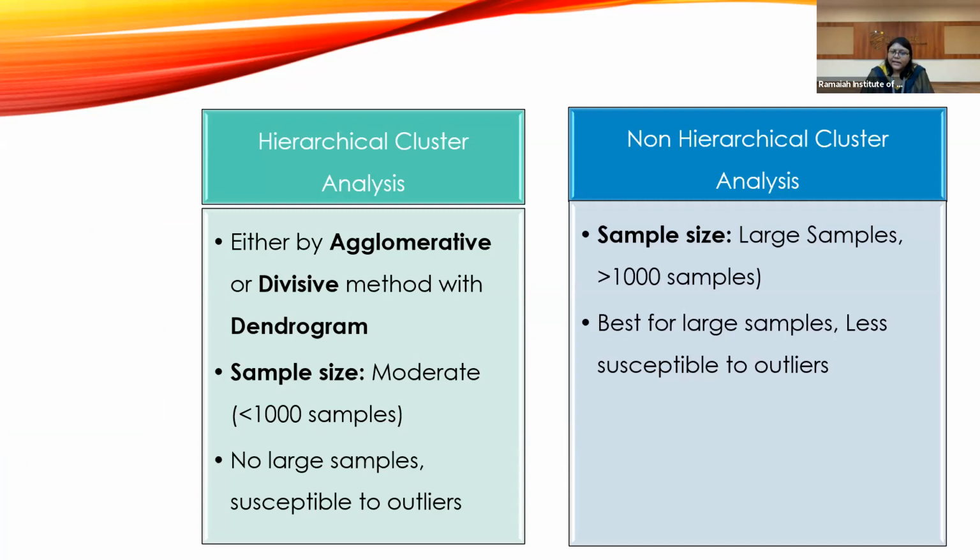Now in this HCA, or the hierarchical cluster analysis, the limitation is it can only take a sample size up to 1000, not more than that. But the non-hierarchical cluster analysis is suitable for more than 1000 samples. If you are doing a study for your empirical or for your SIP project or any other projects, then obviously this hierarchical cluster analysis is better for your pilot study. Based on which you can go ahead with your full-scale administration.